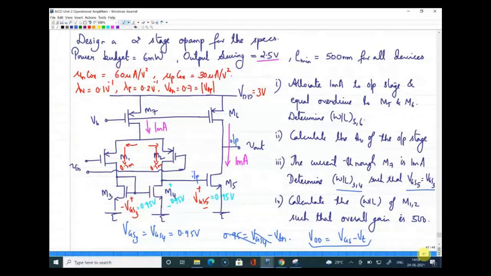Otherwise, all the transistors in an amplifier should be in saturation, and in the worst case it should be at the edge of saturation, not in the linear region. So if there are no other conditions given, you can actually take it as equal to the edge of saturation. But from part 3 of this question, you can see that the question is asking that the transistor is not just at the edge of saturation, it is deeper into saturation.